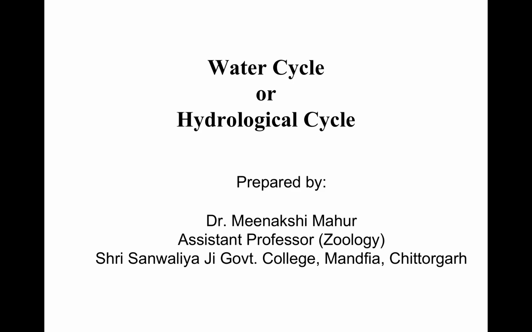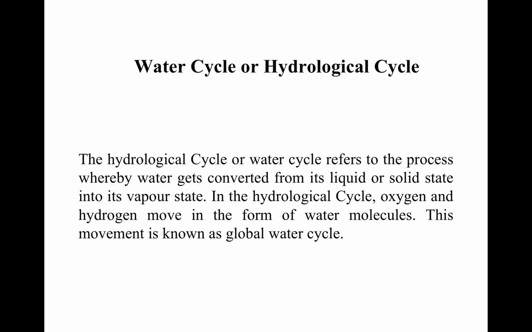Today my topic is hydrological cycle or water cycle. It is one of the biogeochemical cycles. What is water cycle or hydrological cycle? It is a complex and interrelated system. It involves the movement of atmospheric surface water, that is both marine and fresh, and groundwater throughout various regions of the world, and it describes the storage and movement of water between the biosphere, atmosphere, lithosphere,